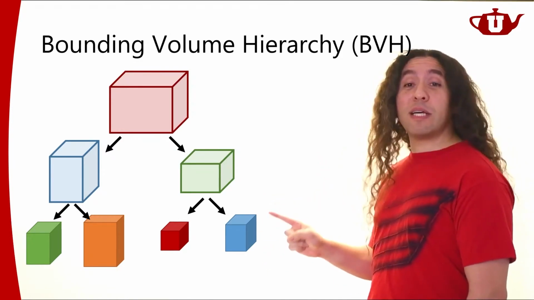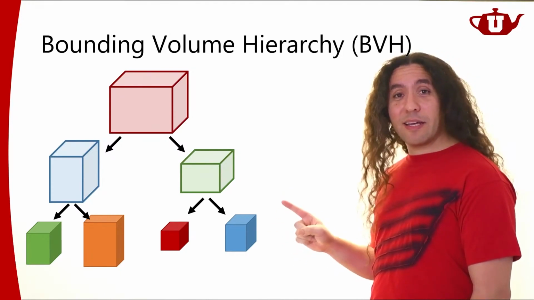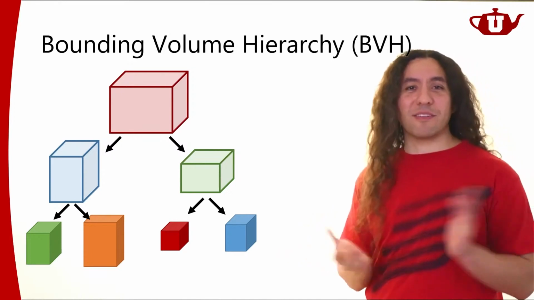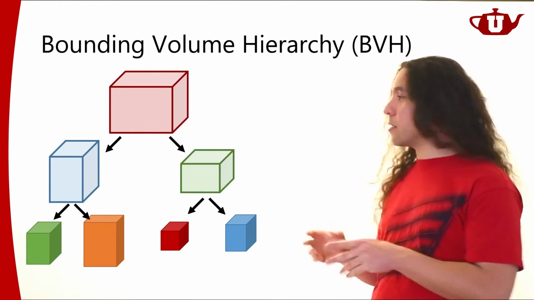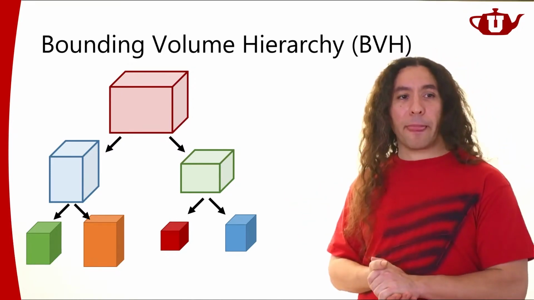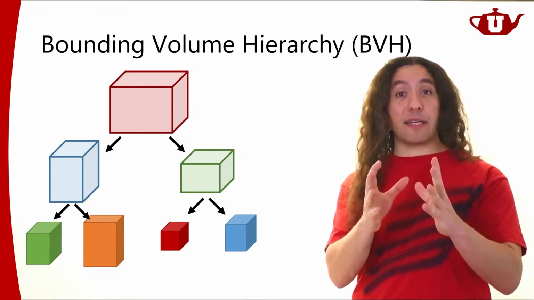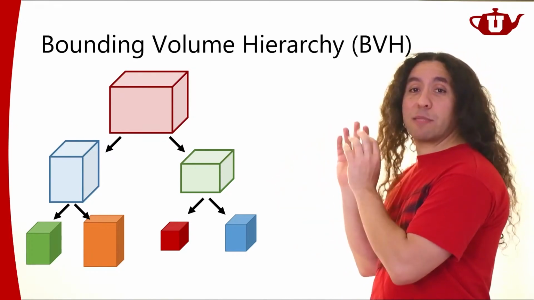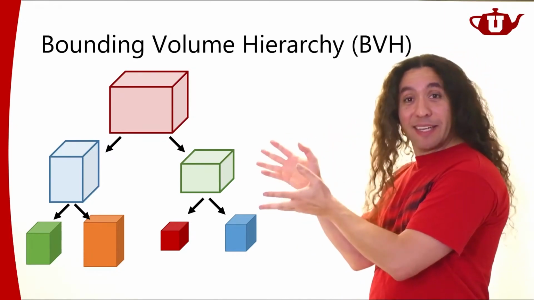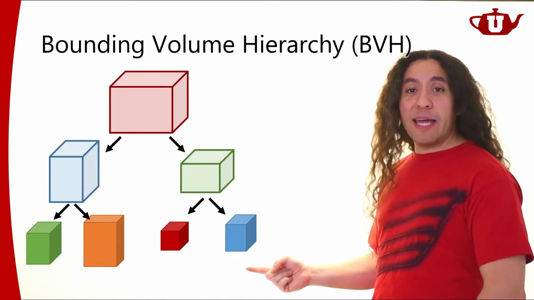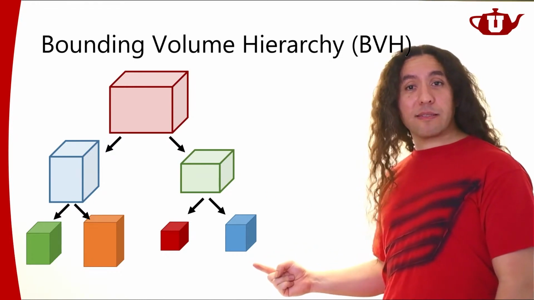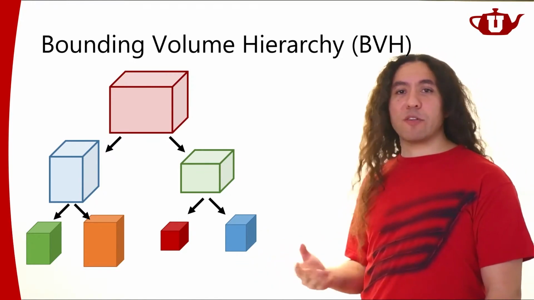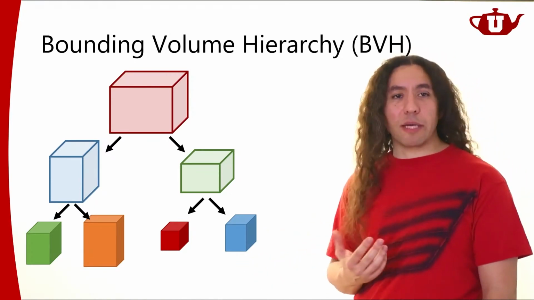That leaf node is going to contain the original primitives, whatever my primitives are. If there are spheres, it's going to contain spheres. If there are a bunch of triangles, it's going to contain a bunch of triangles, right? And if I have a single object that has a million triangles in it, I'm just going to take that single object, I'm going to split it into pieces like this, such that each one of my leaf bounding boxes, leaf level at the very bottom, leaf level bounding boxes will contain about a handful of triangles only.